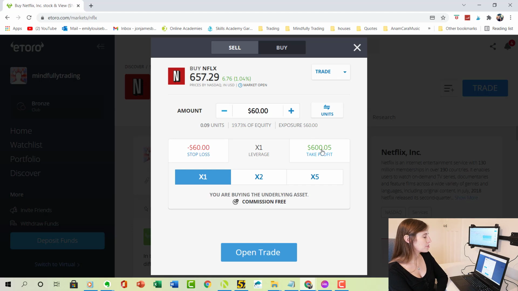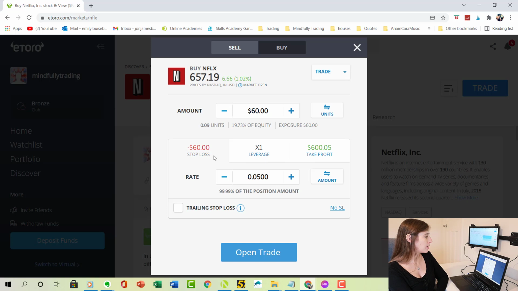And these here are also some optional values, the stop loss and the take profit. And some people prefer to use them. They're very common with day traders, and I certainly use them when I'm day trading. And it just basically puts a cap on how much you want to risk, how much you want to gain out of the position. So if you're looking to hold this for a long time, it may not be relevant for you. But if you want to make sure that if your asset was to go against you, you want to put a cap on the potential loss that it may bring, you can enter in a stop loss value